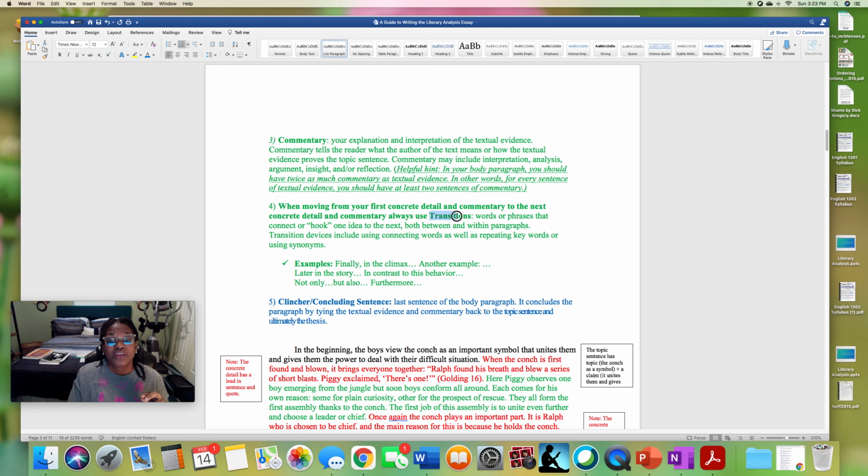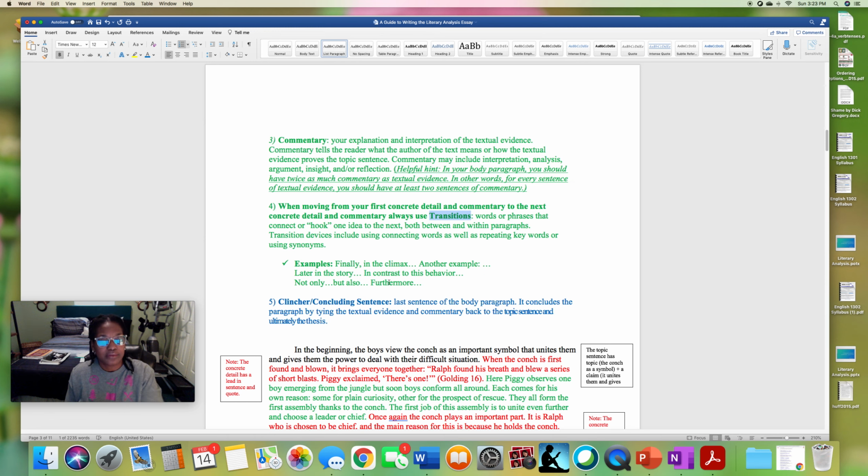When you're in the same body paragraph and you've put your first piece of concrete detail and commentary, before you put that second piece, you need to add a transition. Furthermore, not only, but also, another example of this is when, and then you'll put the quote, all right, or